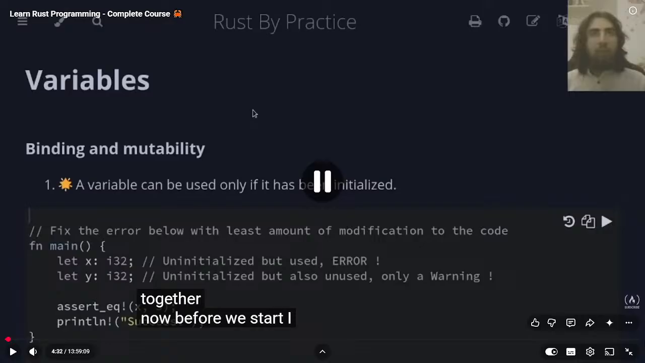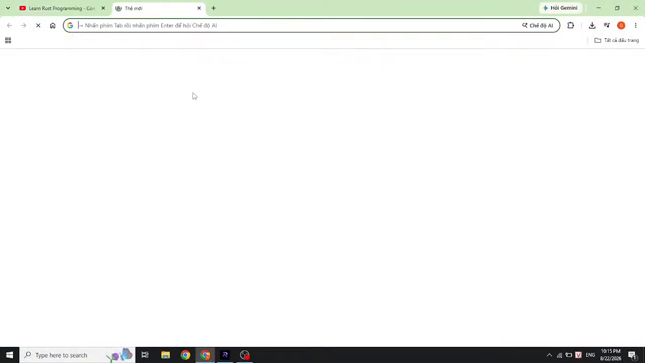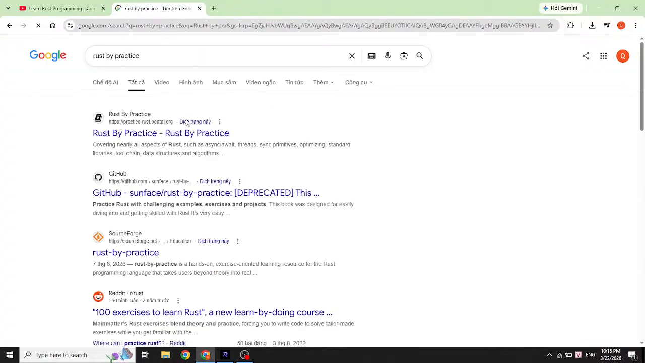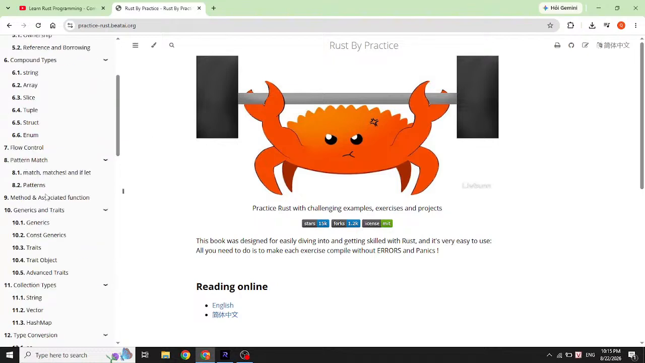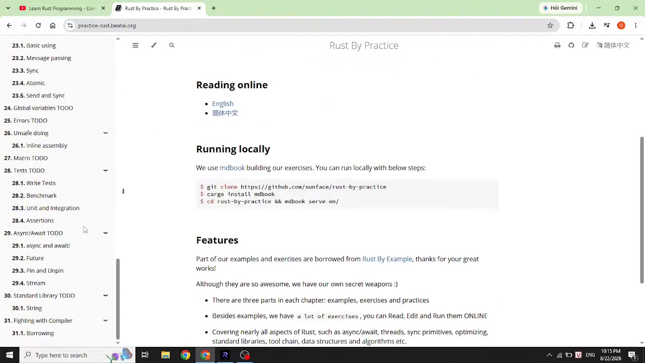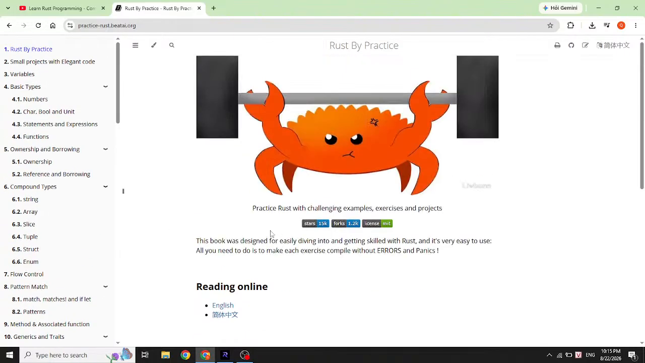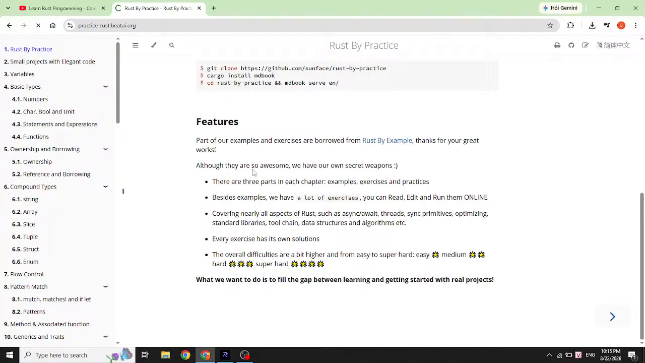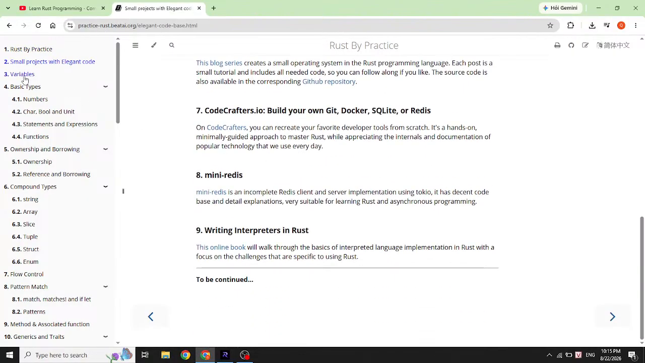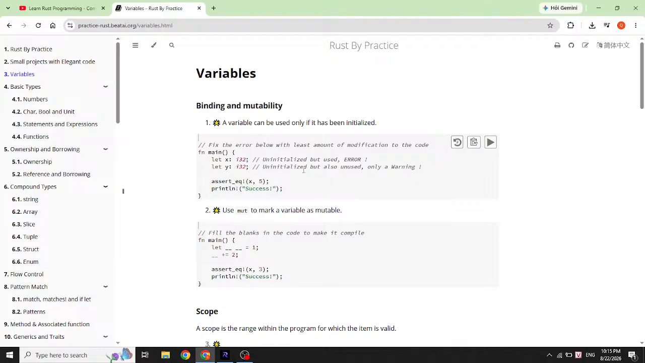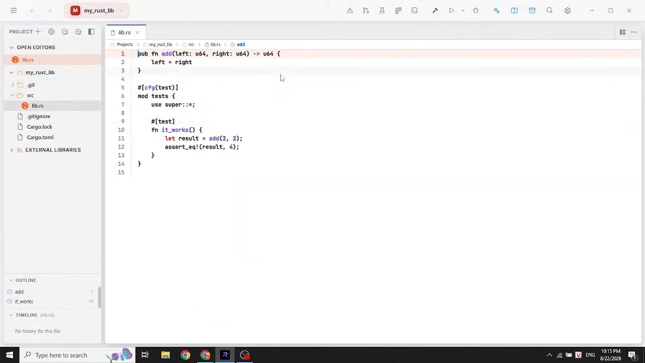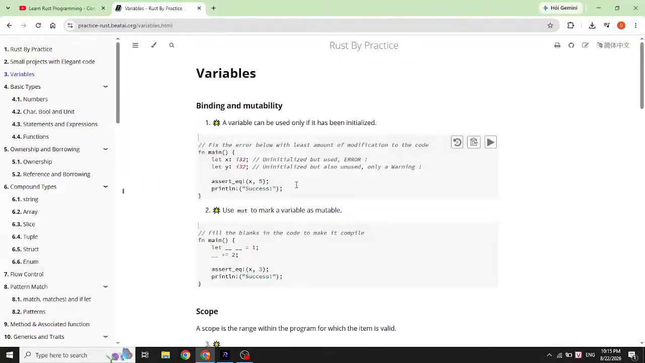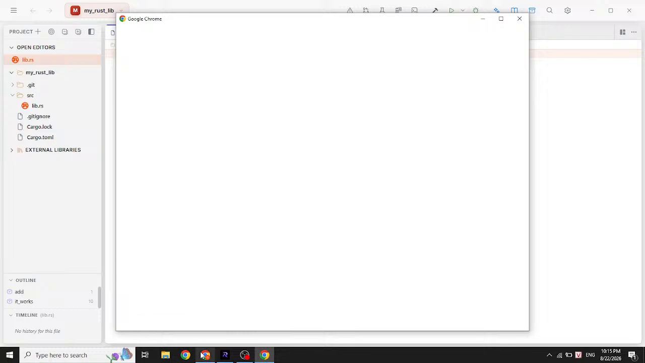Now, before we start, wait, hold on. Rust by Practice. Oh my god. We already have one. Yes, we already have one. Okay, good. Now, the variables, binding. Let me see. Oh damn! What the heck is this? Nah, I'm going to watch